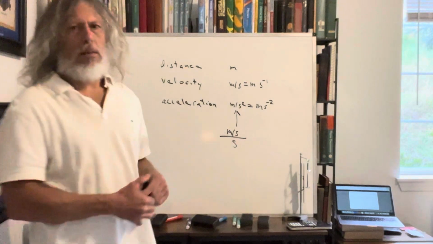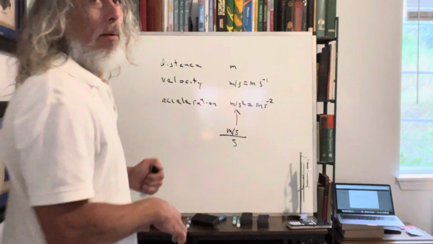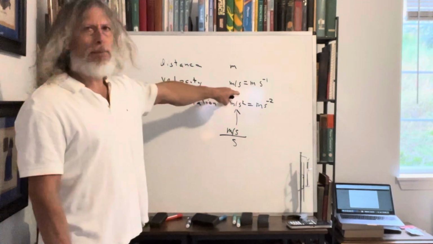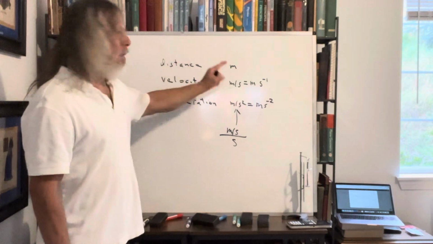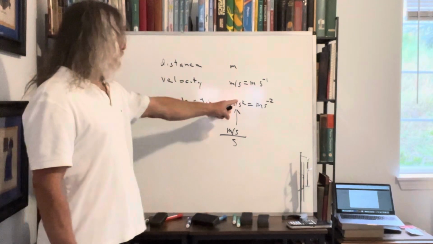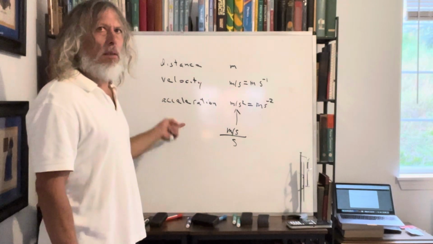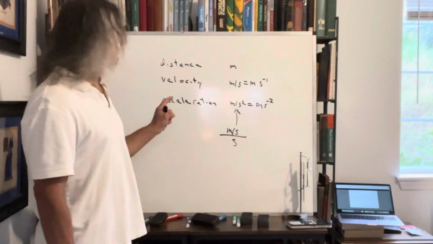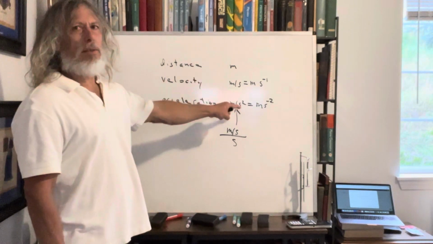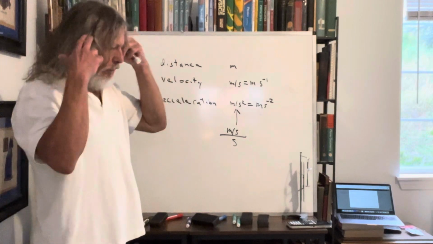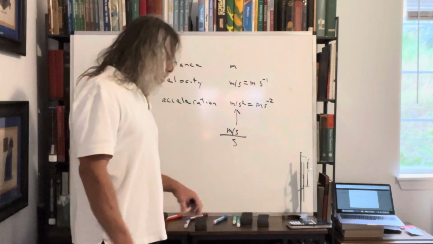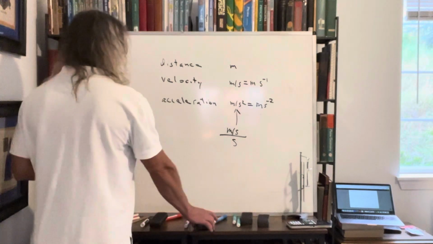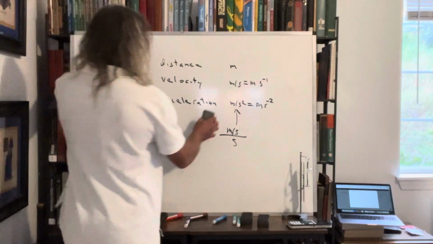We should know that. If it's meters, it's distance. If it's distance, it's meters. If it's meters per second, it's velocity. If it's a velocity, it's meters per second. If it's meters per second squared, it's acceleration. If it's acceleration, it's meters per second squared. They go together, okay? These quantities have these units, and these units are these quantities. That's something we should know, like deep down, memorized by habit, by rote, second nature. Okay, now,